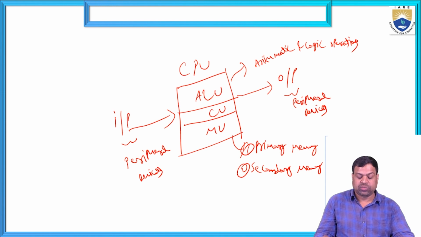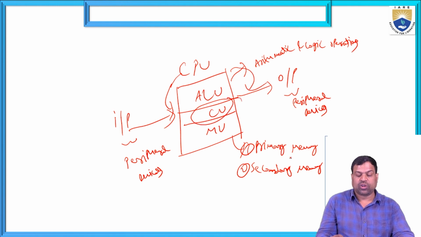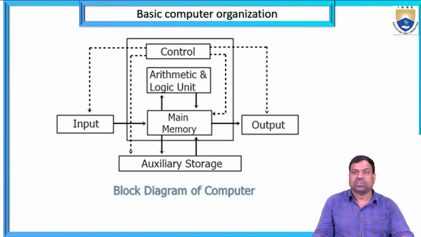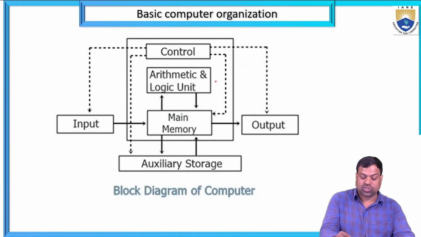The control unit is between the CPU and the input and output. The arithmetic logic unit performs arithmetic and logical operations. The memory unit is the primary memory and secondary memory, which are connected to the RAM and ROM. The control unit is controlling, and the arithmetic logic unit performs arithmetic operations